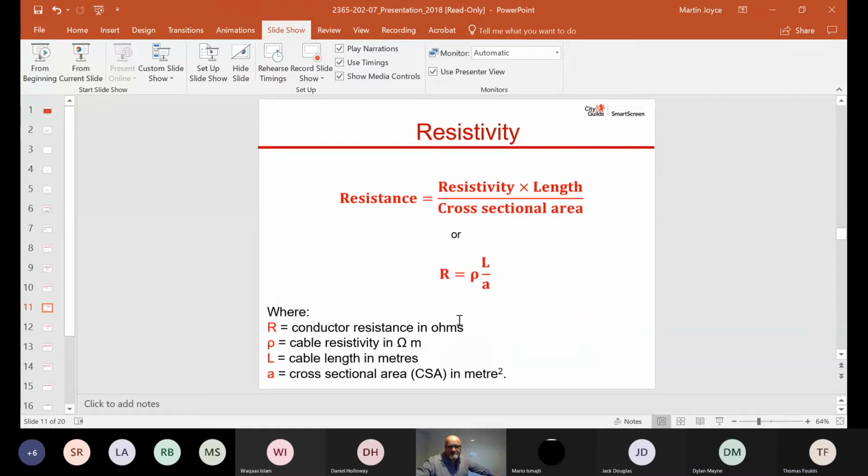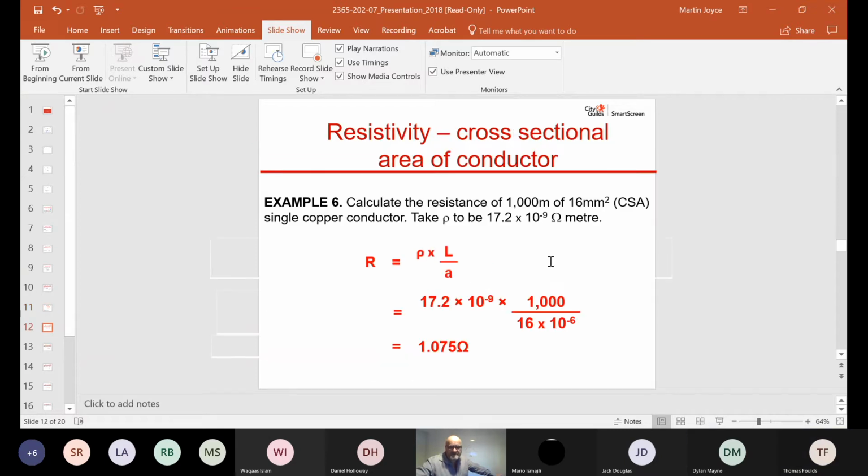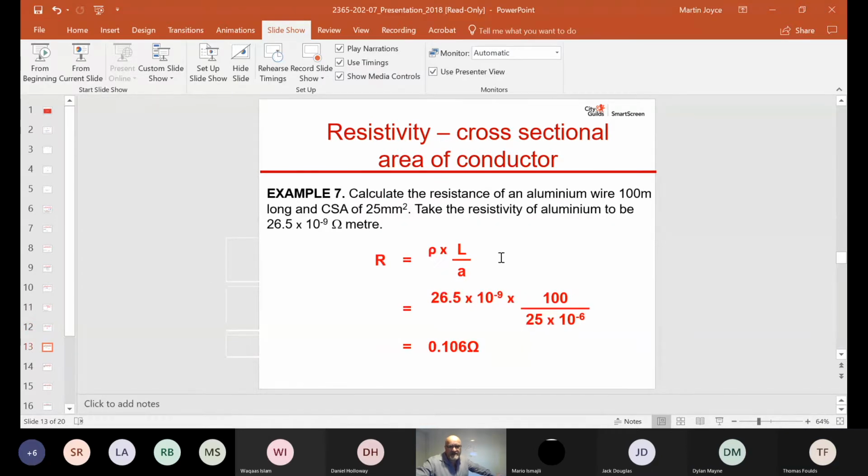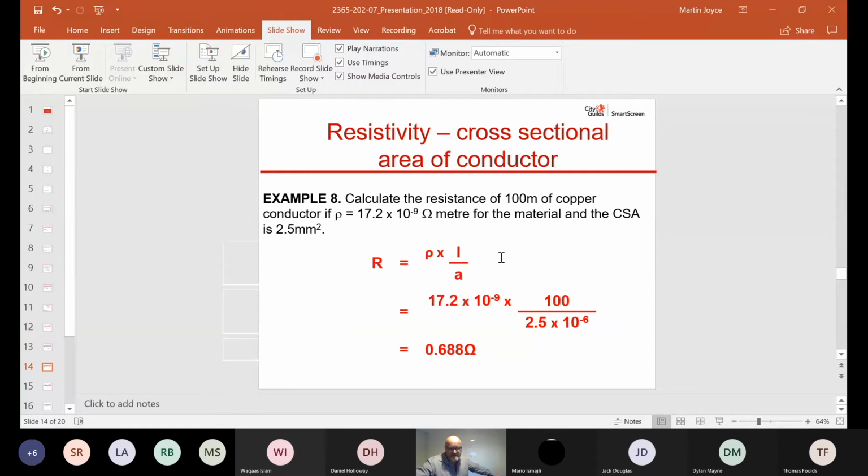Now, can you all see this PowerPoint? R equals rho times L over A. This is the formula we're doing: resistivity times length over the cross-sectional area. Rho is a Greek letter, a slightly bent over P. Somebody at City and Guilds doesn't know how to do the symbols properly, but that's fine. Again, rho times length divided by the area. As you can see, 1.72, and it's not to the minus 9, it's to the minus 8, so you get a correction. Is that okay? This is all in your book as well, and you've got examples there.